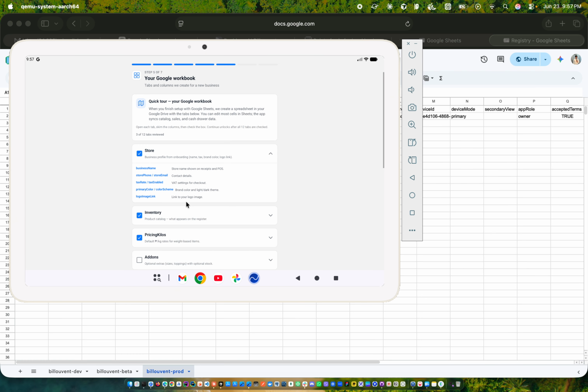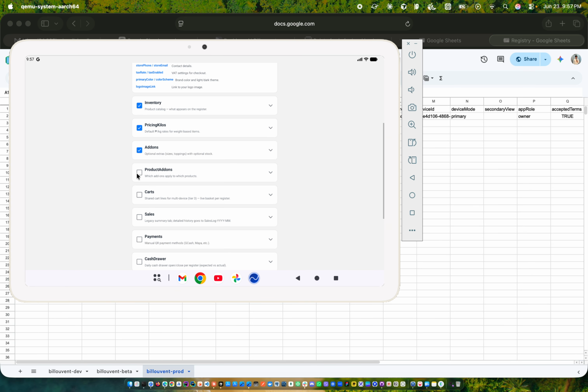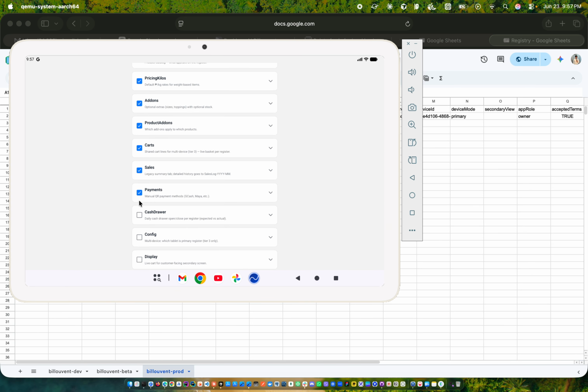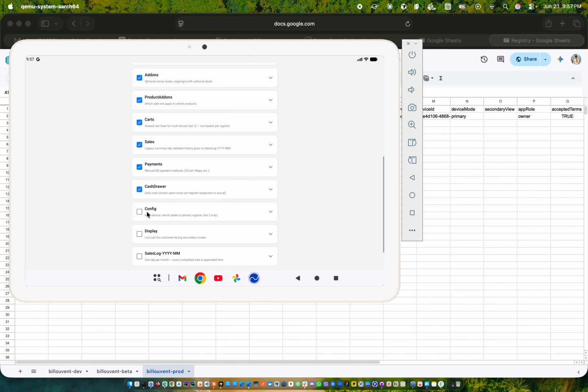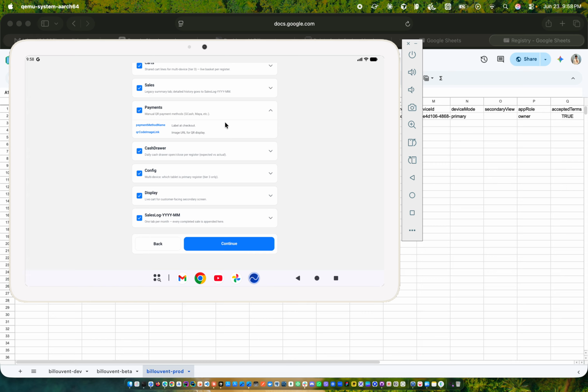So this will be the Google Sheets entry that will be generated. This is needed for the application to work for a typical POS. And then each of these is a drop down or an accordion with a short description of what it does.